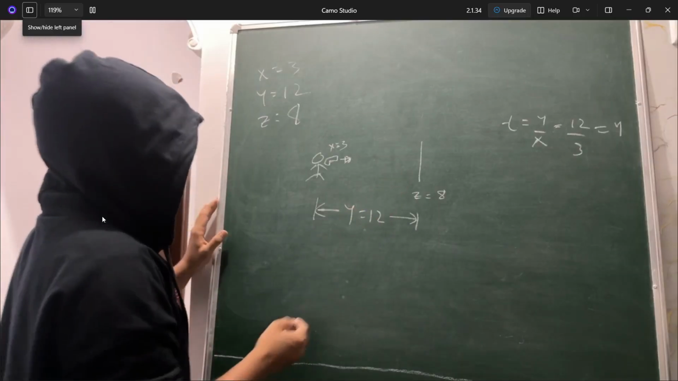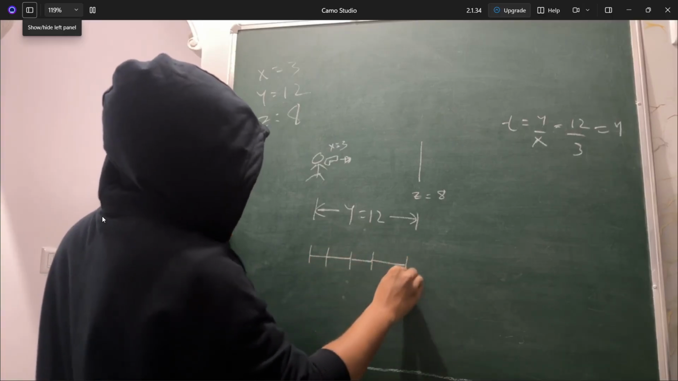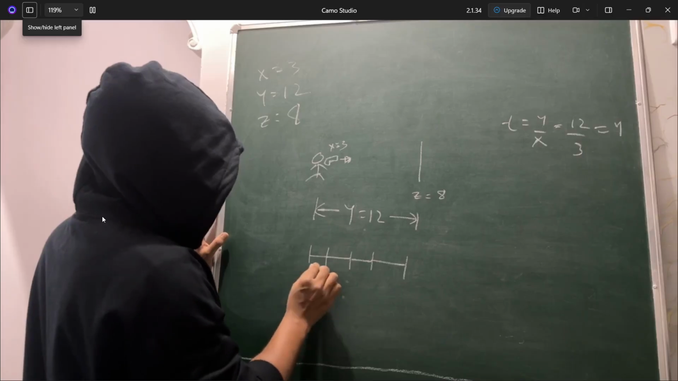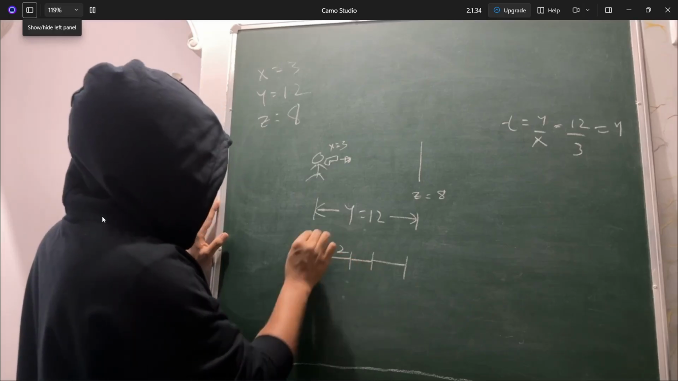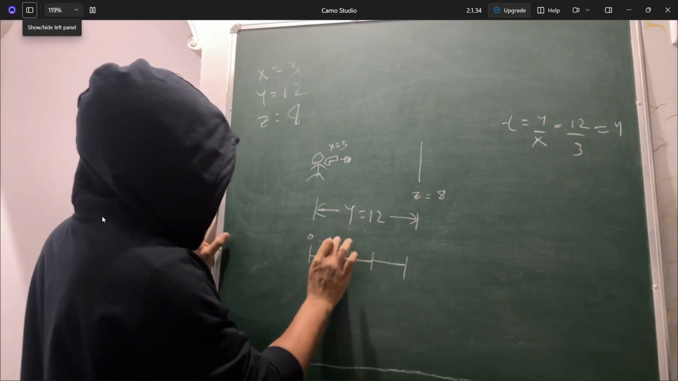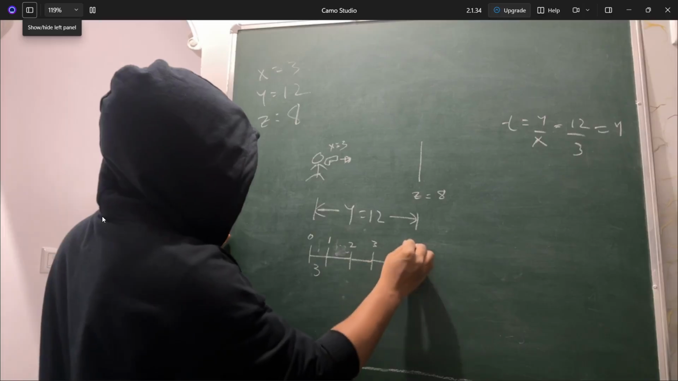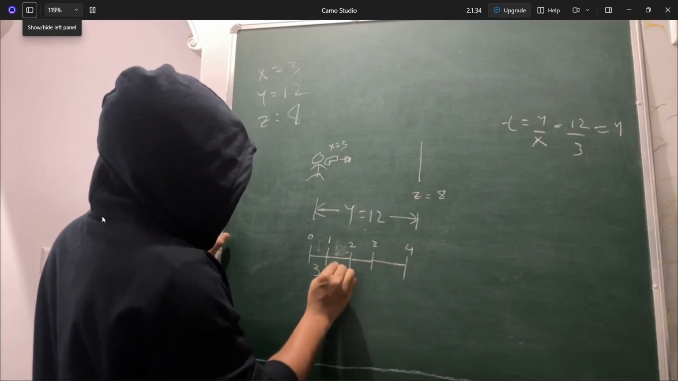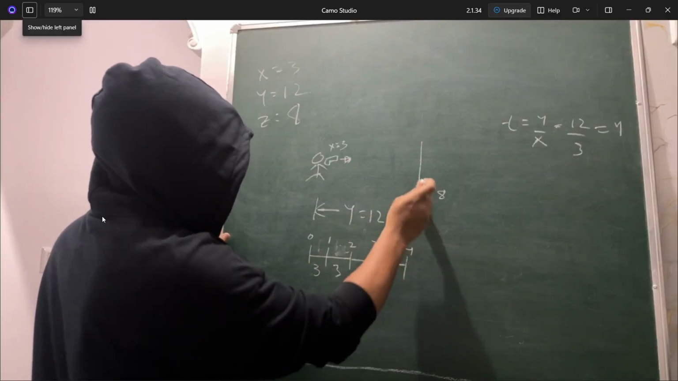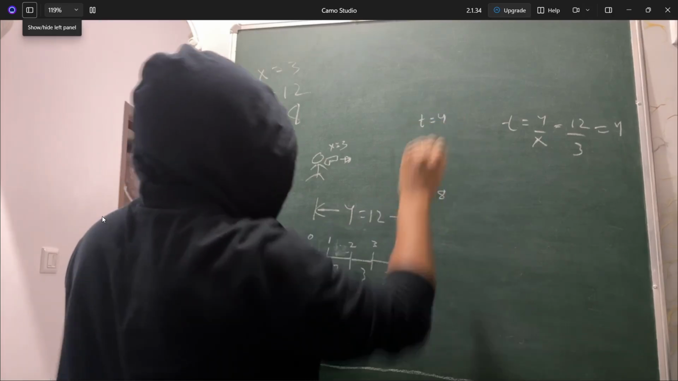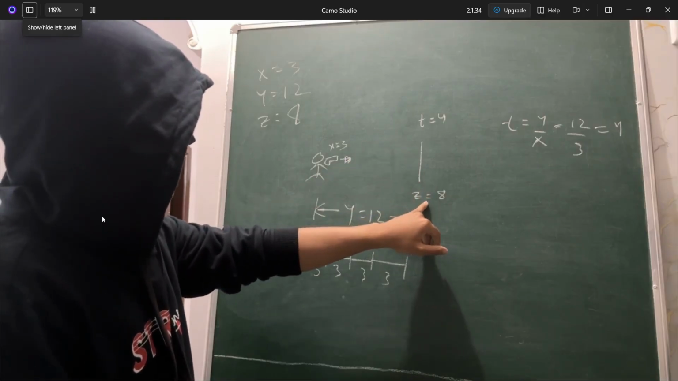How? Since this is 12, if you break it down into 4 chunks, in 1 second it will travel 3 pixels. This is 0 second, this is first second, this is second 2, this is second 3, this is second 4, and every second it will be traveling 3 distance. So 3 plus 3 plus 3 plus 3 is 12, which is correct, and at the 4th second our bullet will reach here. But what they are saying is your bullet has to reach at a second greater than or equal to